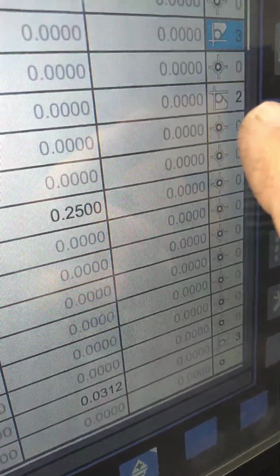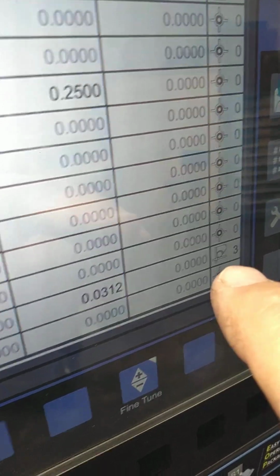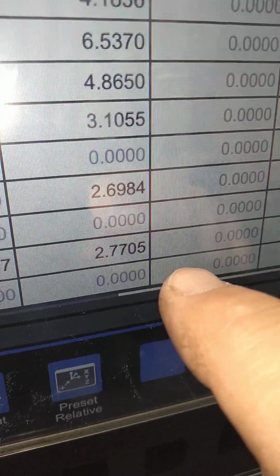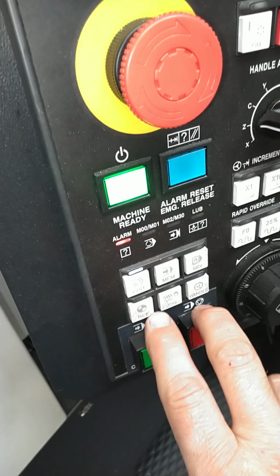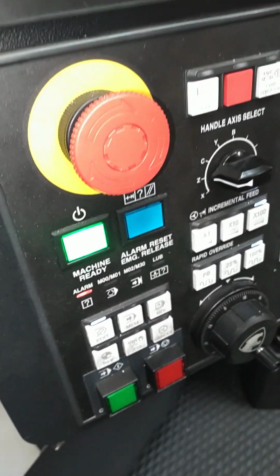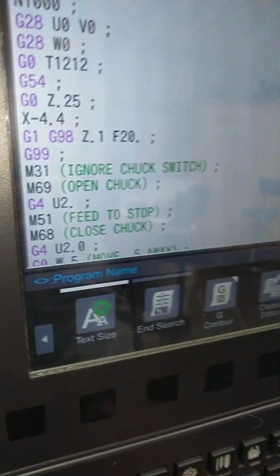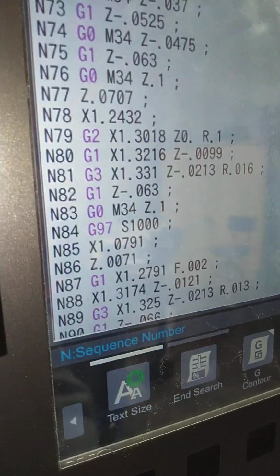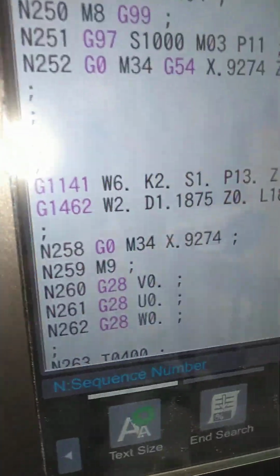Now you'll see I have other tools set up from when I did this last time, and we answer some technical questions as to what kind of tool it is. And once we have it set up, we'll go into edit, and then we'll press program, and here we go. We got our program. Now I'm going to page down until we find what we're looking for, and there it is,